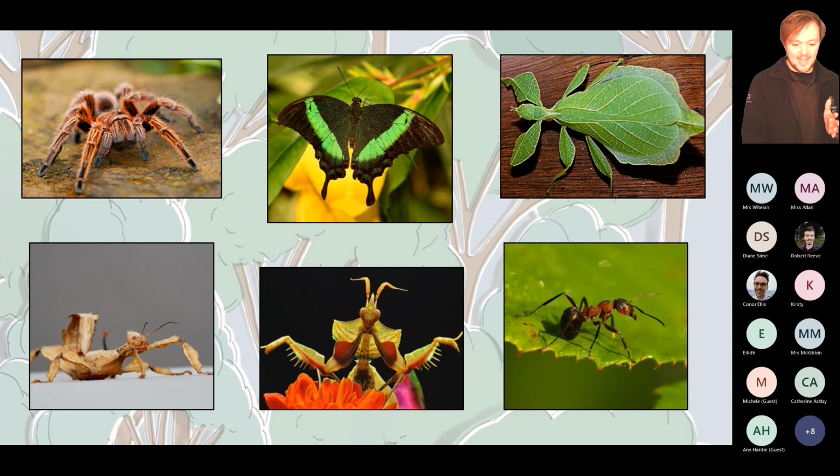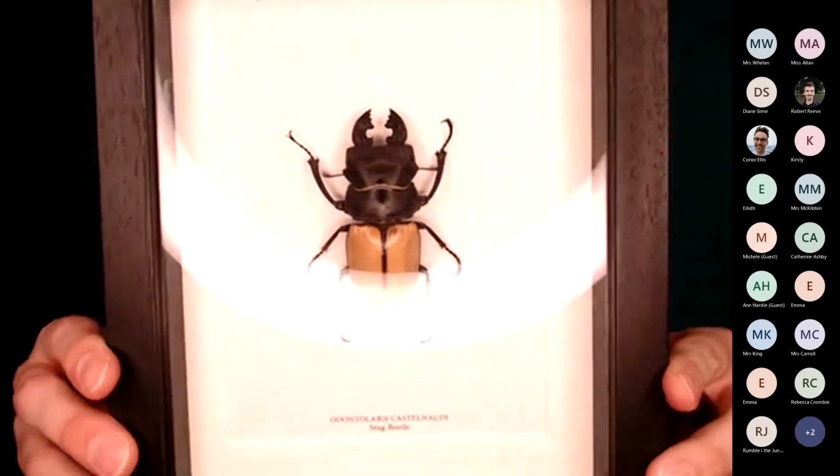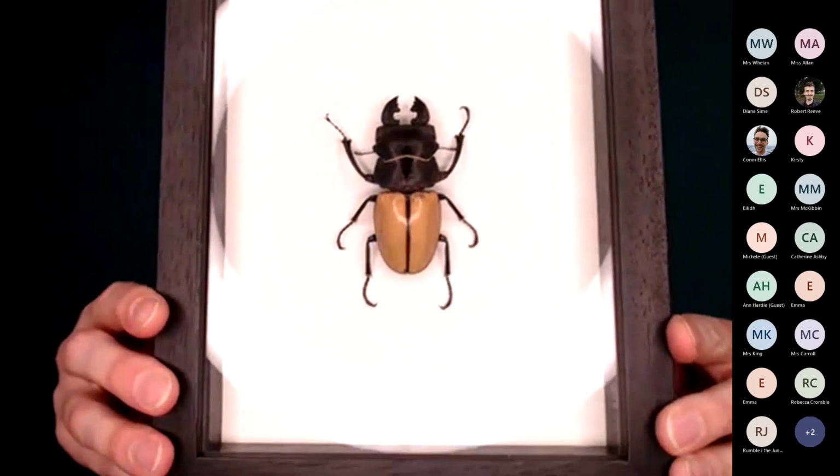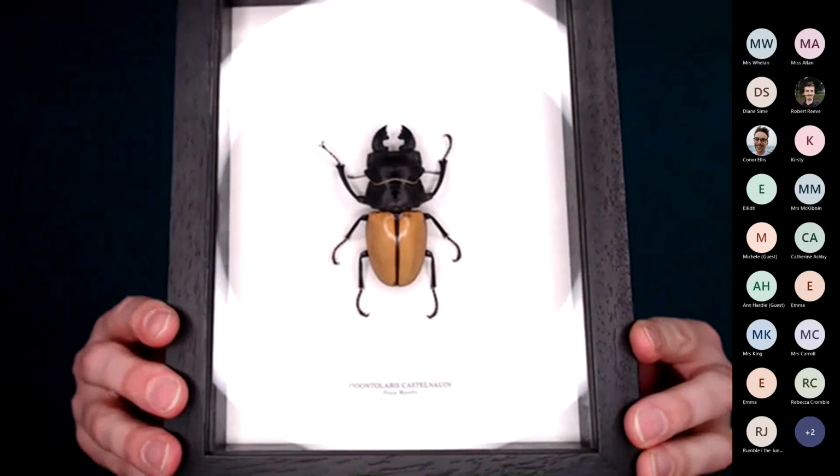So what I will do is I will make myself a little bit bigger, and I'll show you some real rainforest animals that we have. So I will duck out of shot to grab a stag beetle. Now, if I hold this up here, there we go. Hopefully you'll be able to see it without the glare of the light. Now, we've got huge beetles that we find in the forest, the rainforest, down on the forest floor. We've got